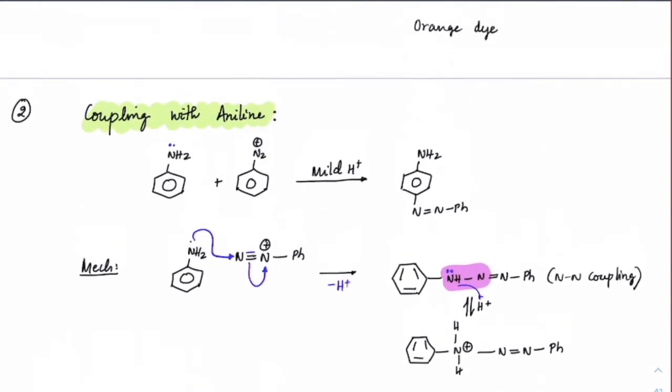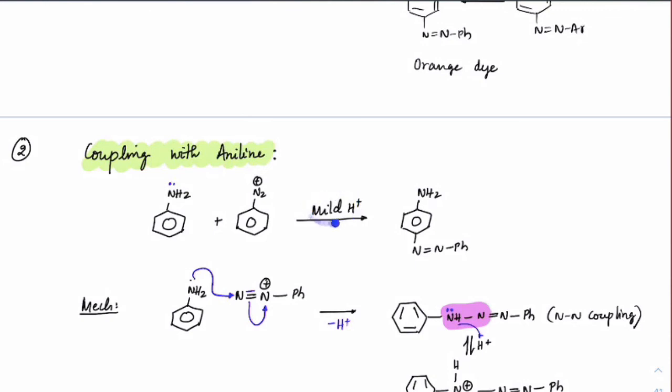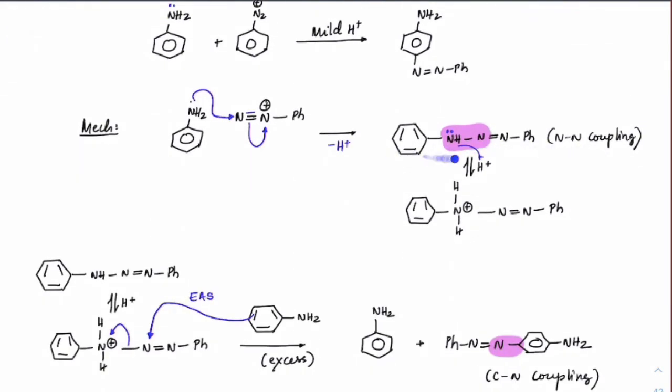Okay, so definitely here acidic character would help, right? Initially a mild acid has to be used so that it is not too much protonated, got it? Or else, if you take a strong acid, the lone pair will attack on that and immediately it gets a highly deactivated ring, and further reaction won't take place at all. But after the formation of this NN coupled product, slowly you may increase the acidic character to make sure that aniline is removed, or even if you start adding more and more aniline into the test tube, slowly this will come out and you will see a yellow color dye forming. Got it?